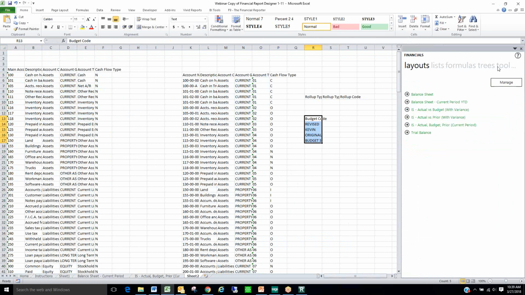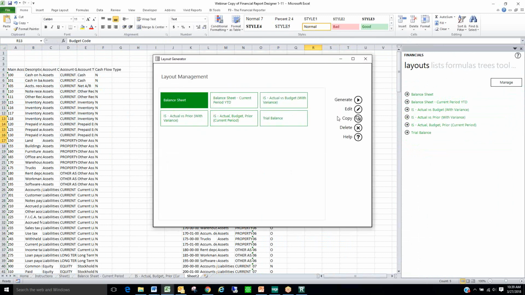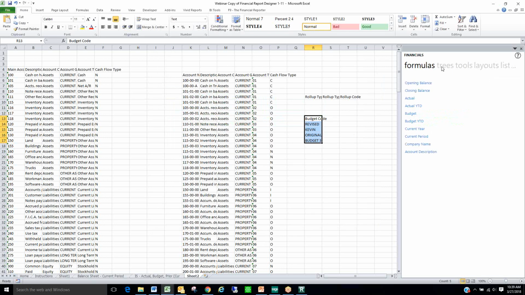I can design my own layouts. We use these standard ones, but if I go into the layout manager, I can actually go in and create my own so that I could create a row set that was unique to the way that I wanted to group my accounts and save that, and then use that row set for a layout to be generated. I showed you the trees briefly, the tools, the formulas allow me to be able to bring in